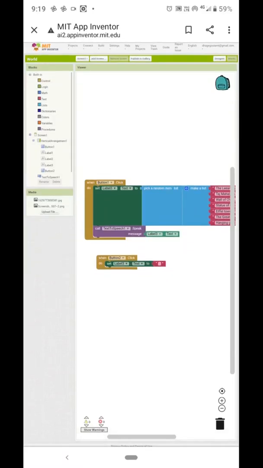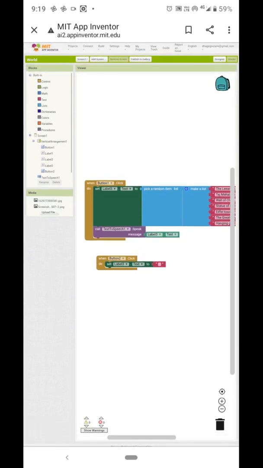Here we type all the 7 wonders. You can add here also. Okay, this part is over.